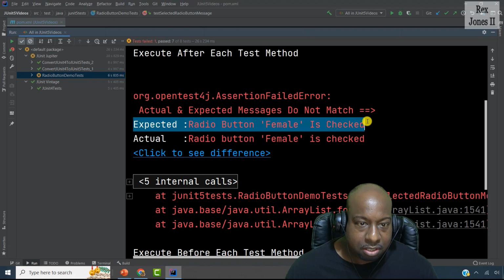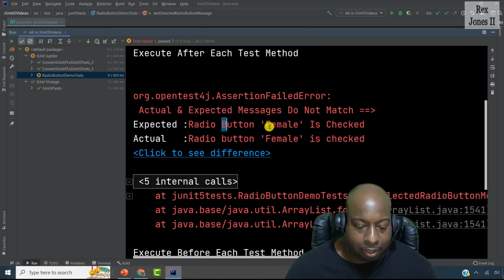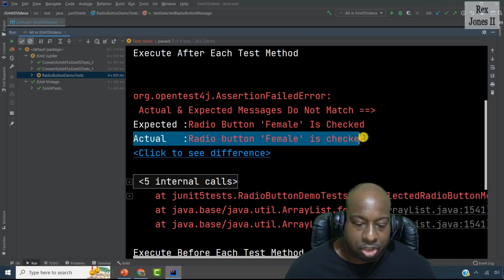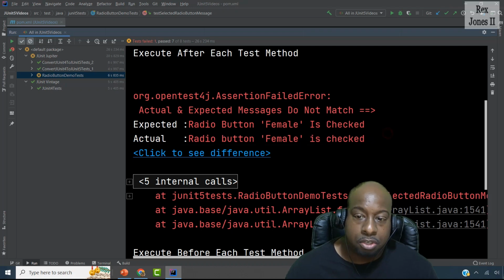For the expected message, we see a capital B for button, a capital I for ears, and a capital C for checked. However, the actual message does not show those letters as uppercase. So that's the difference, and that's why the test failed. So let me go to the class